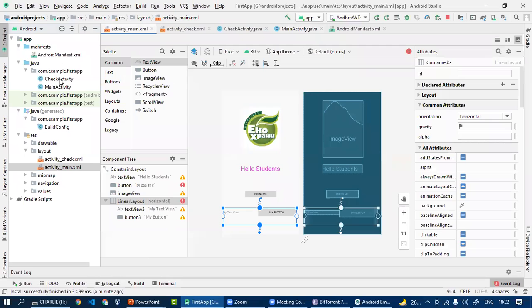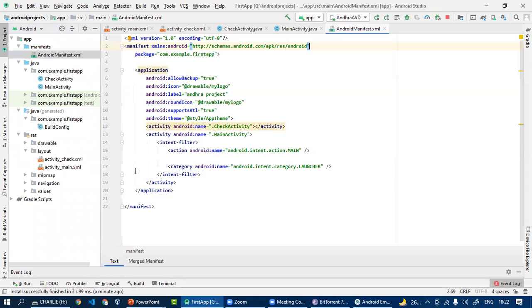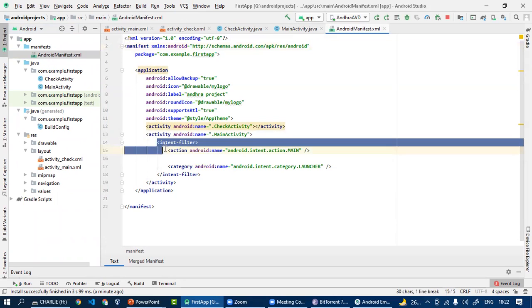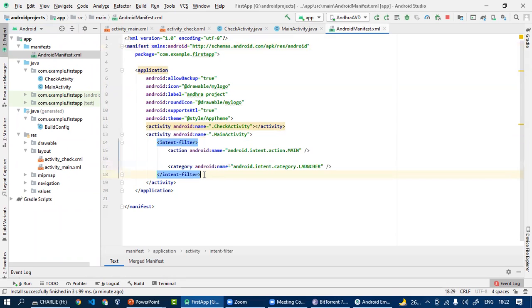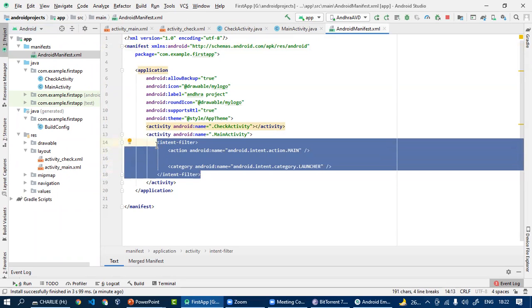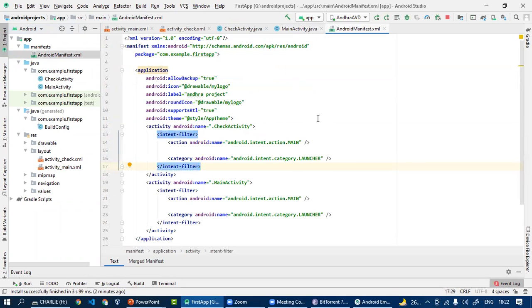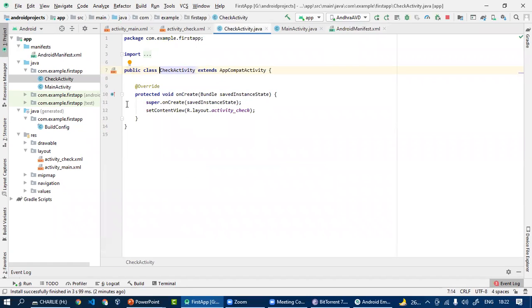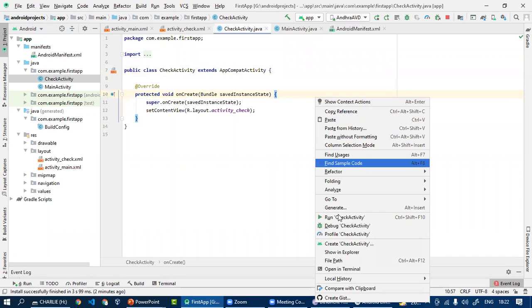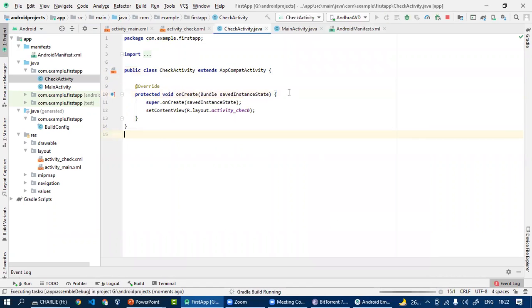If you want to make the check activity the launcher, just see the manifest file, copy this one, and paste the code. Now your check activity will also be a launcher activity. If you want to run it, you can see here we have a run check activity option.